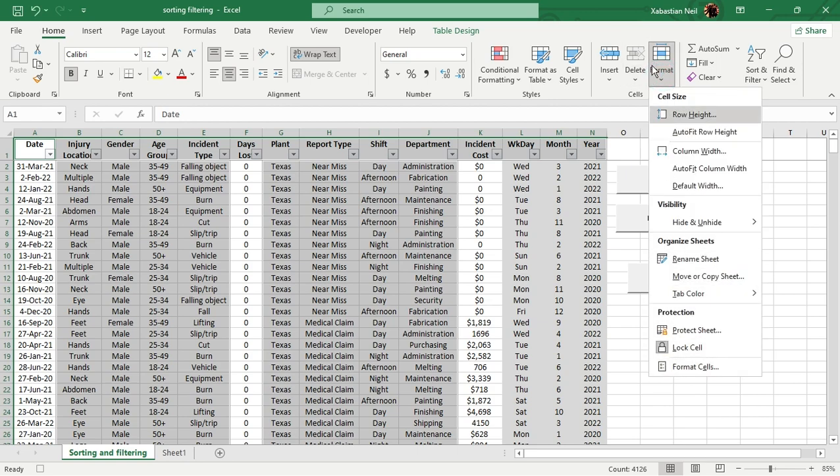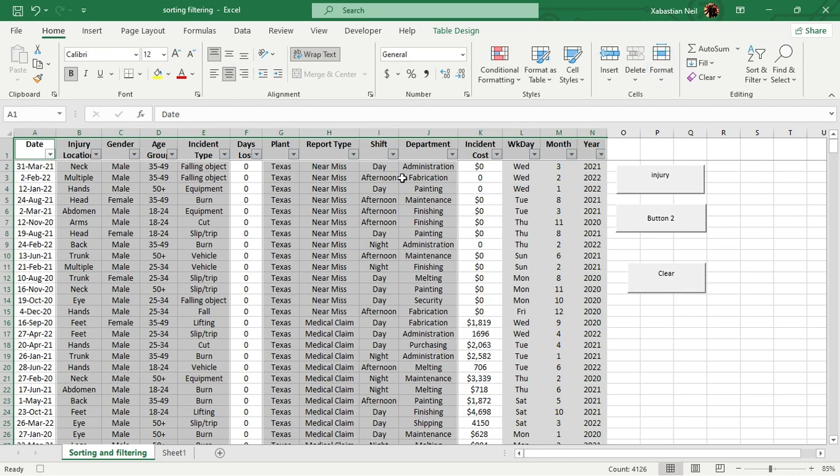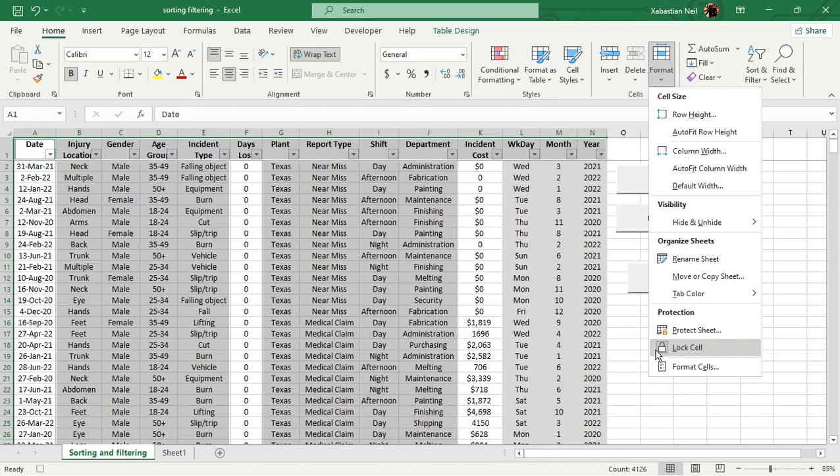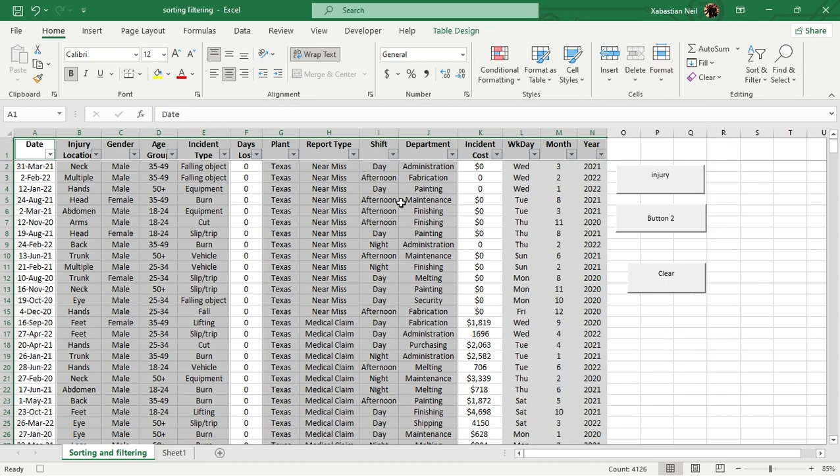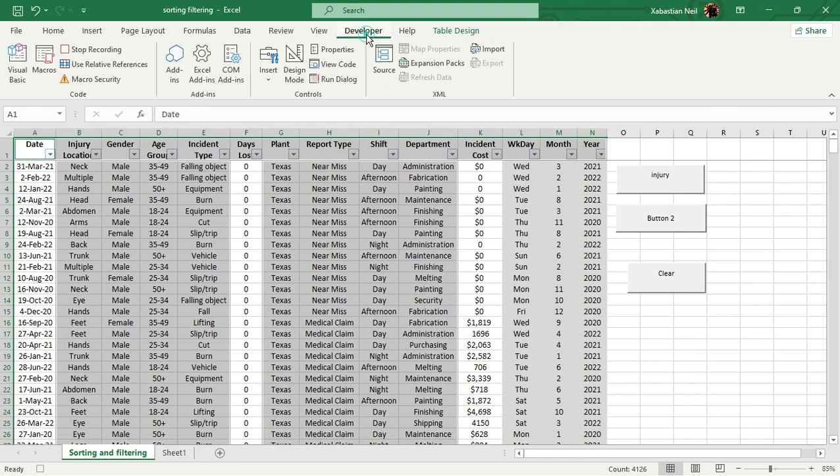What you have to do is, most of the time it's locked, so if you have it locked, just go to format and then unlock it. You will see that this is selected because you can see that the gray background on the lock icon is selected to unlock them. And now what I'm gonna do is just go to developer and then stop recording that,